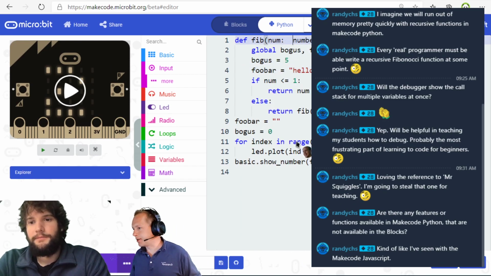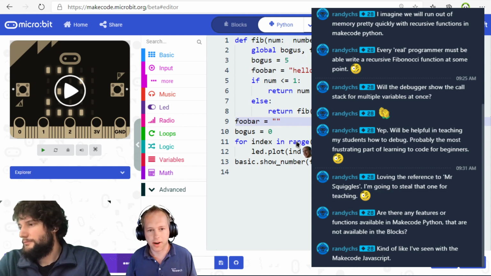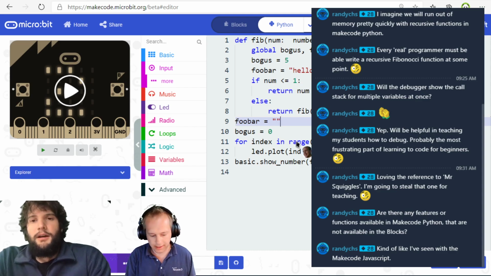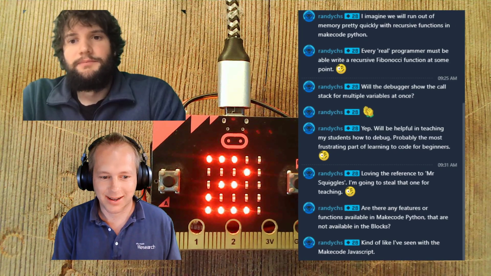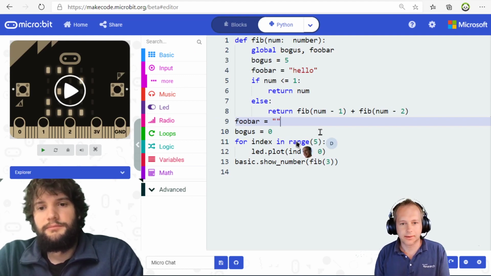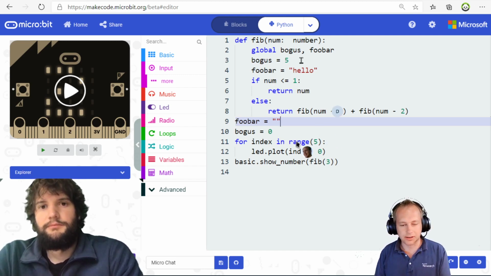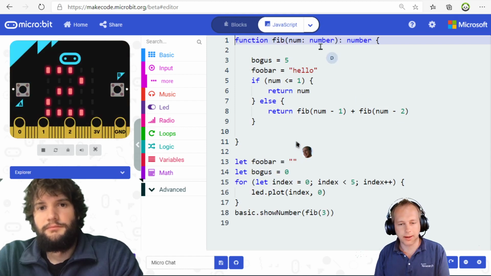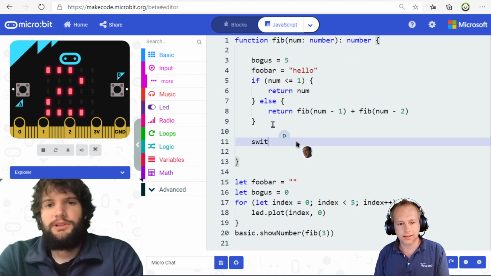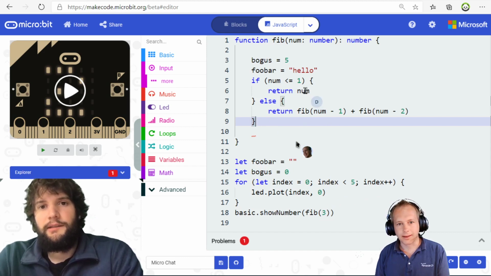All right. And we've got a question whether there's going to be features or functions available in MakeCode Python that are not available in blocks. And the answer should be yes. You're always going to have more features in Python, just like JavaScript. You're going to be able to express more things in Python than blocks. For example, I think switch statement currently isn't a blocks construct. Oh yeah, switch statement probably is one. Another one that we're seeing right now is